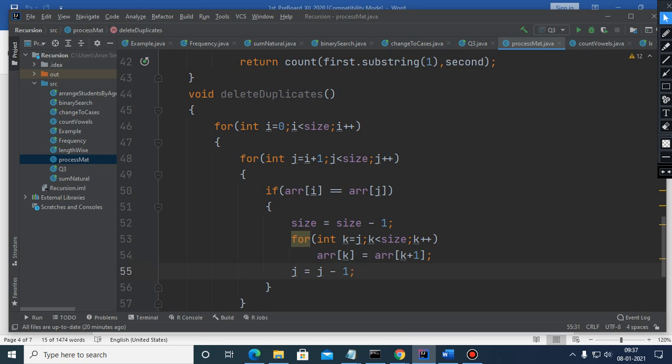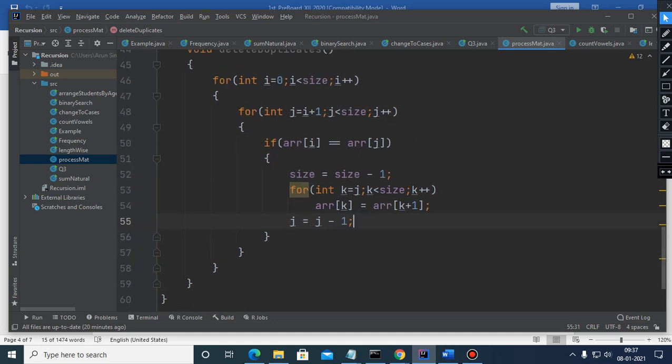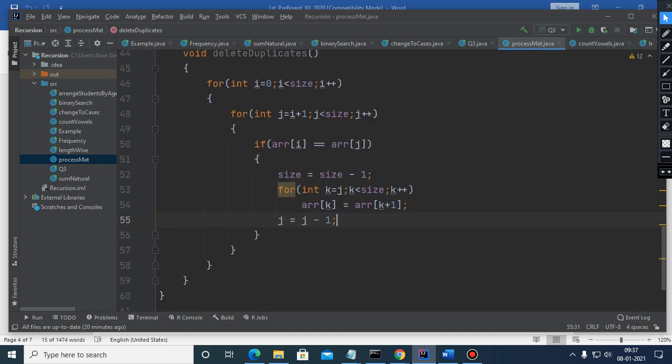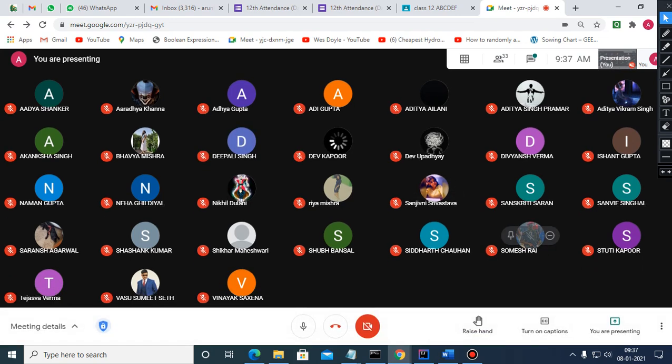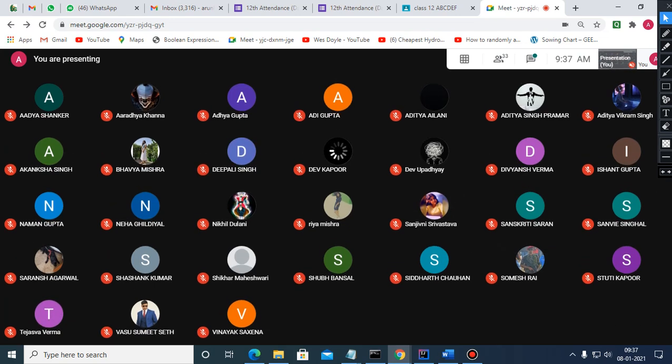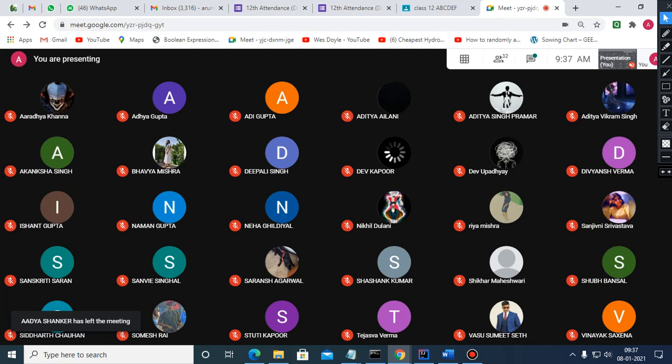j by 1. A few children have written this correctly, but most of the children don't know how to delete the duplicate elements in a given array. Children, this is the problem. And why does such a problem come? The problem is just because you people are not practicing